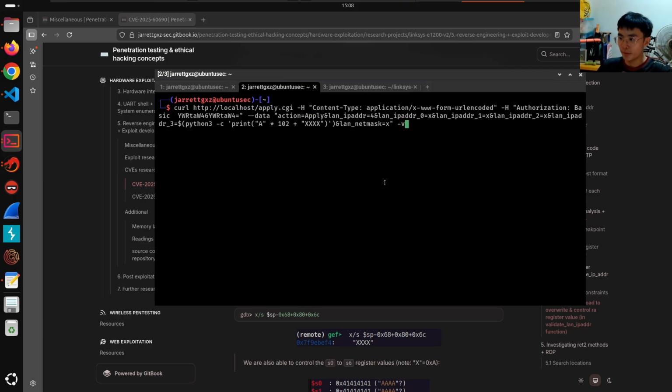So over here, I prepared it. Let's see, to the first address, let's give a value X, value X, value X. And only to the last parameter, which is len IP address 3, we will supply a Python 3 payload